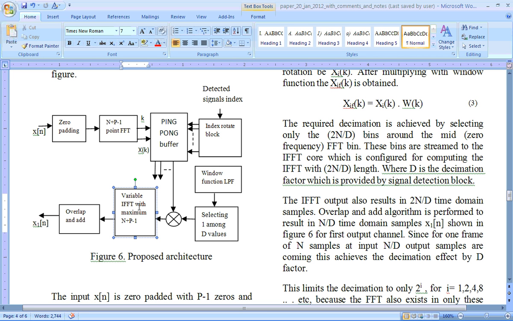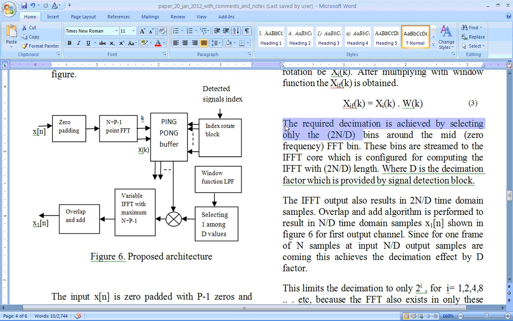How do I know what I have to pass? That depends on the detected signal index from the top. From this we are also getting its bandwidth information. Depending upon bandwidth only, you will choose your decimation rate. That is what we are saying here. So very simple, if you have to understand in a very broad way,